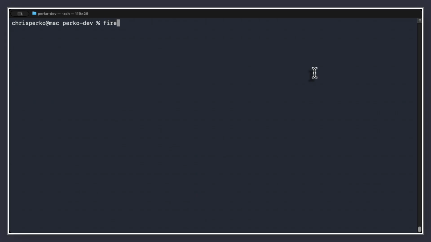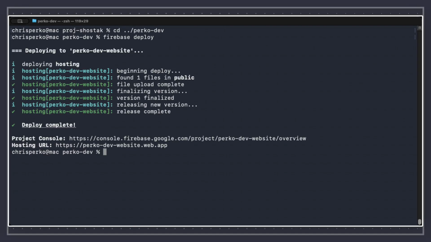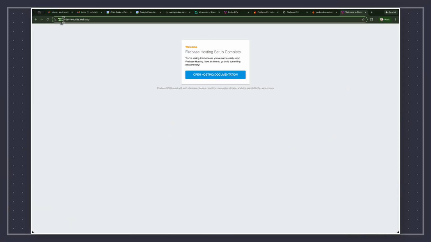I'll just type firebase deploy. Once complete, the CLI will give us a URL that we can use to visit our app that's currently hosted on Firebase. Now, if we navigate to perko-dev-website.web.app, which is the URL that Firebase gave us, we'll see this page saying that Firebase hosting is complete. But this is not our blog. This is just a basic page. Let's see where this is coming from and see how we can fix this so we can deploy our actual